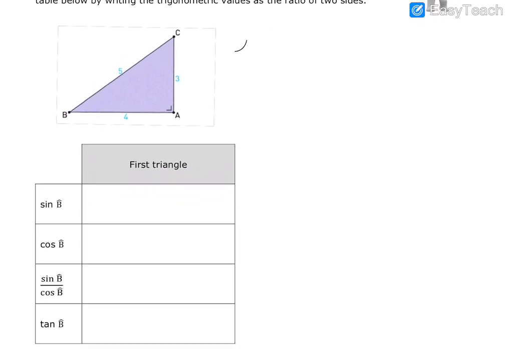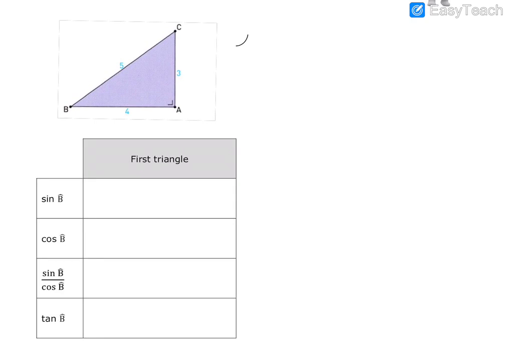I'm going to show this. It is quite easy. So, in this triangle, if we would take the sine of b, we know that the sine is opposite over hypotenuse. So in this case, this would be b divided by a, or 3 divided by 5. For the cosine, we know that it is adjacent divided by hypotenuse, so it is c divided by a, or